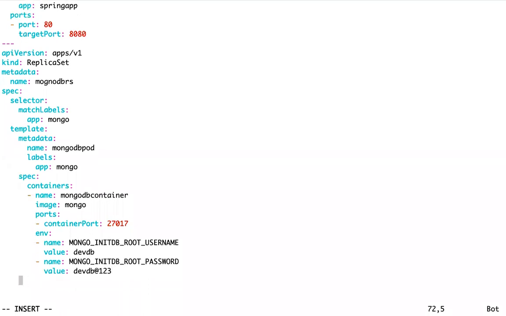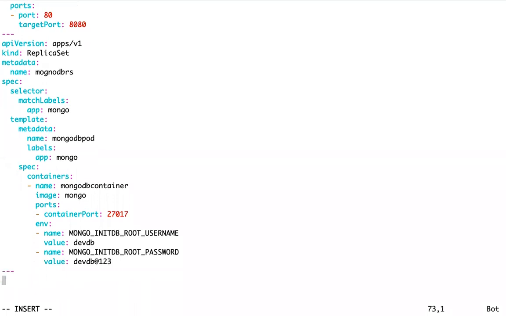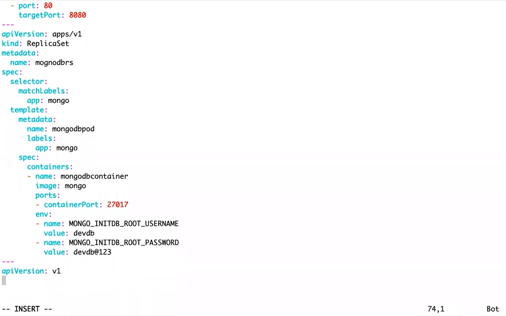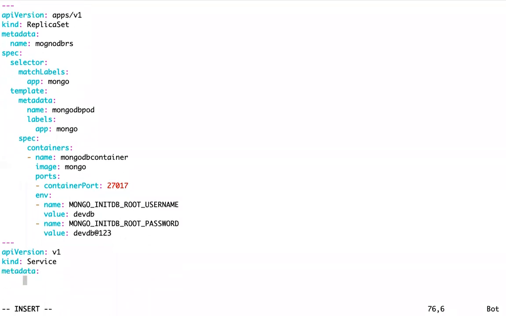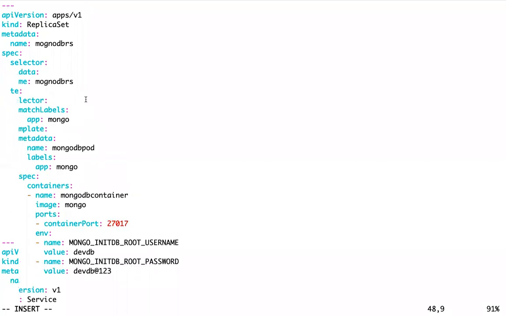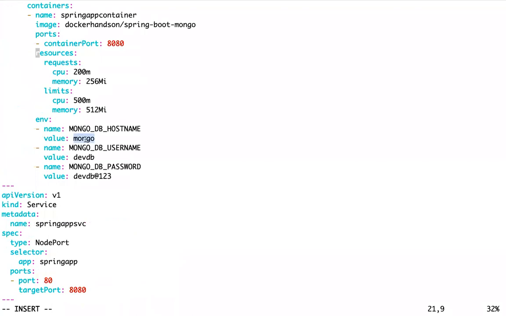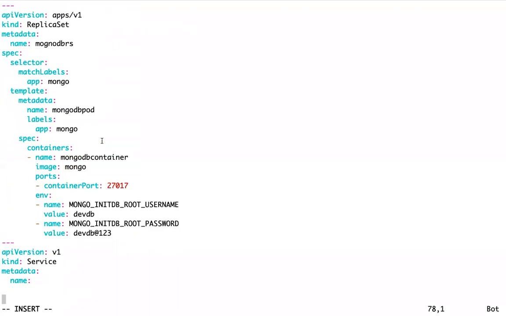Now the service for this. What type of service do I want to create? This is a database. Since here I am passing the host name as Mongo, I will make sure I create a service with the name Mongo.